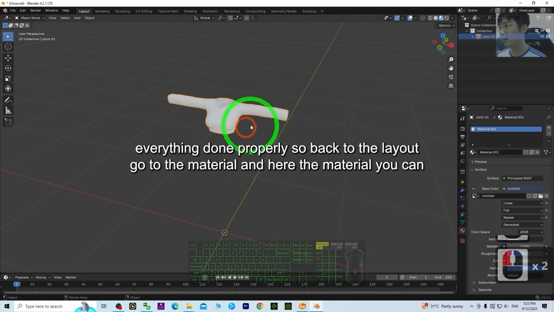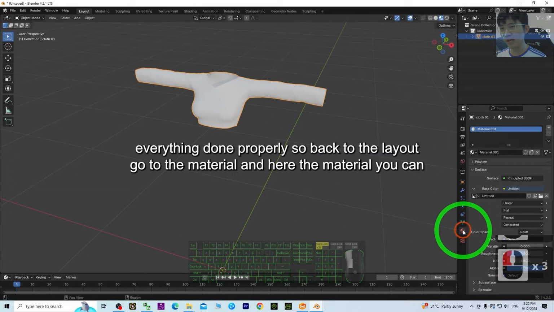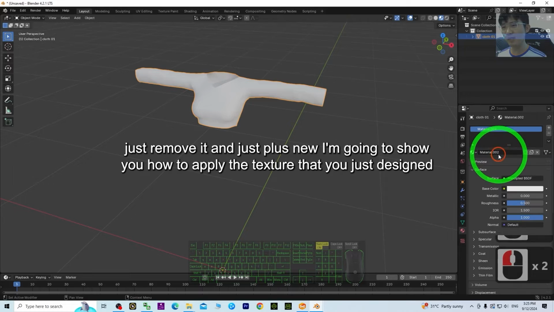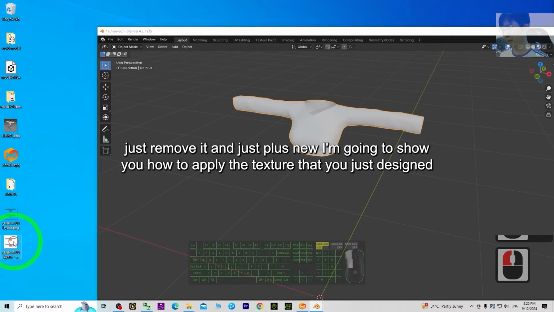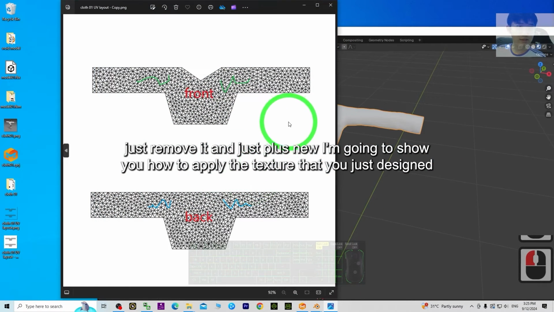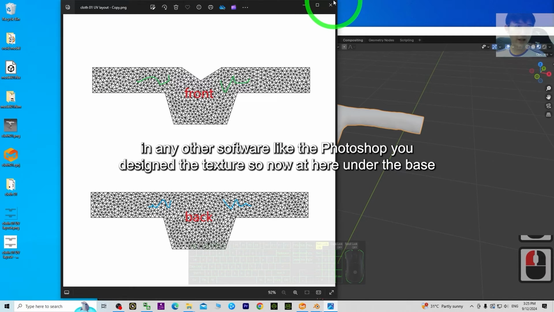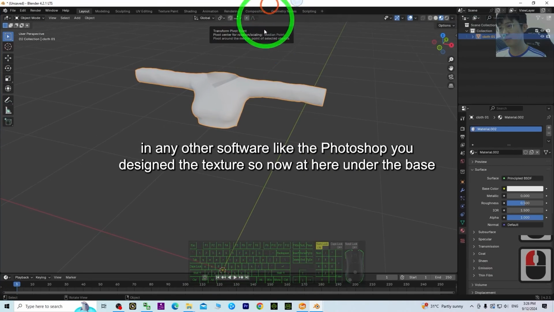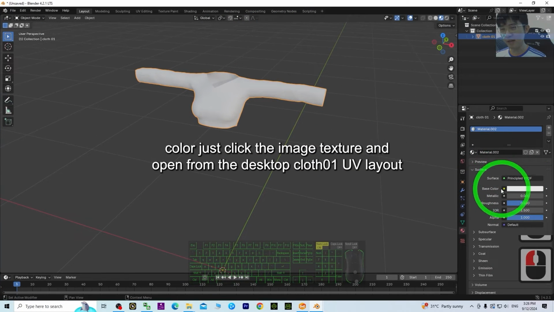So back to the layout. Go to the material, and here, the material, you can just remove it and just plus new. I'm going to show you how to apply the texture that you just designed. In any other software like the Photoshop, you design the texture. So now, at here, under the base color,